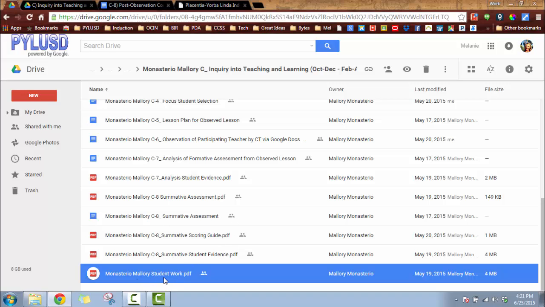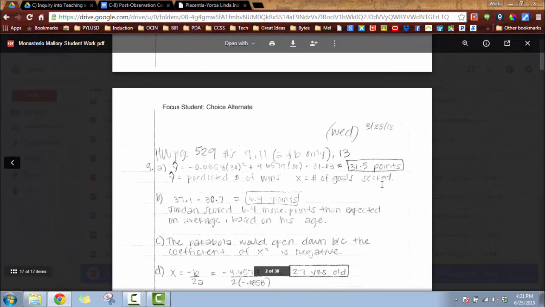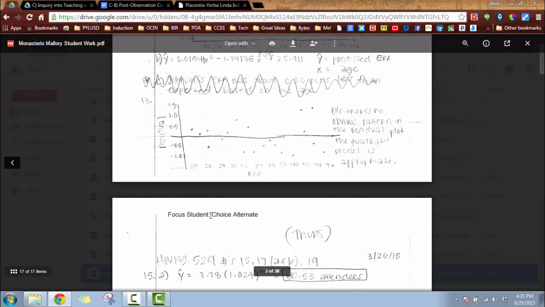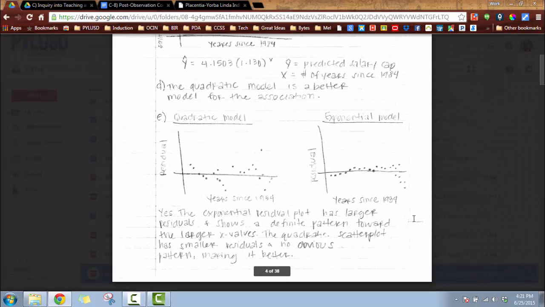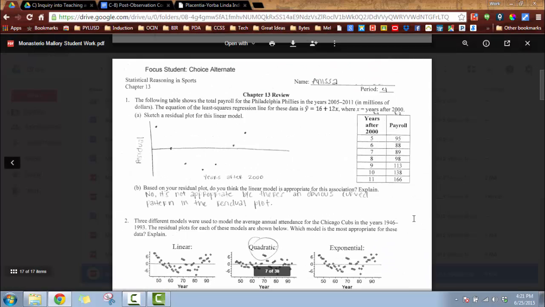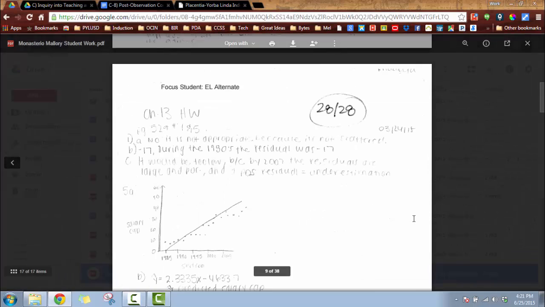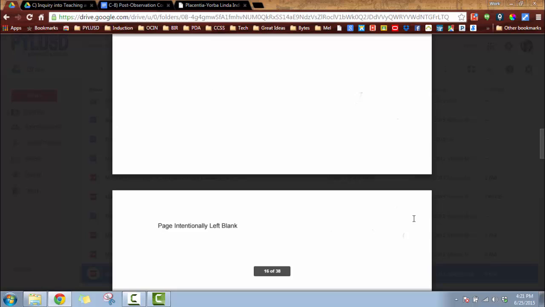She just included one that says student work, and I know this is from the inquiry. And so you can see that she has labeled them with her focus student choice, focus student alternate. She included the alternates as well, just because she wanted to have them all in one place. She scanned them all together, and that's fine. So as you can see, as I scroll down,